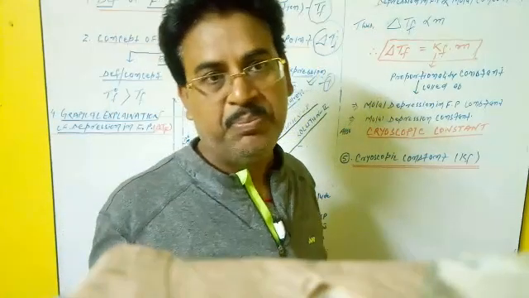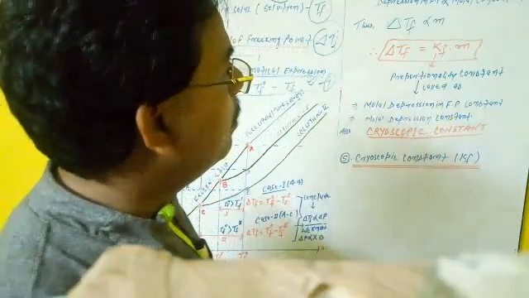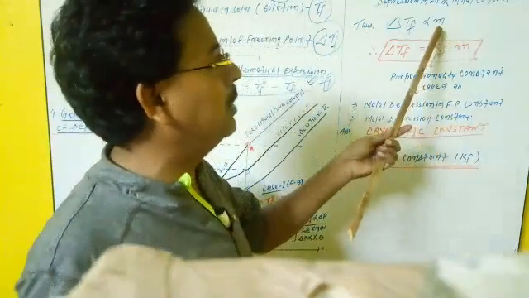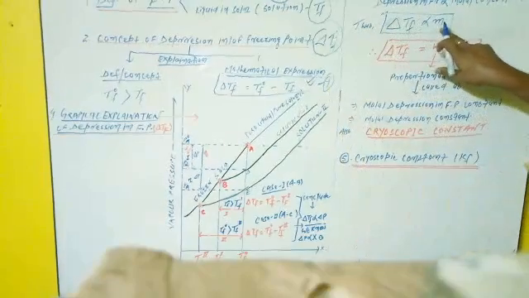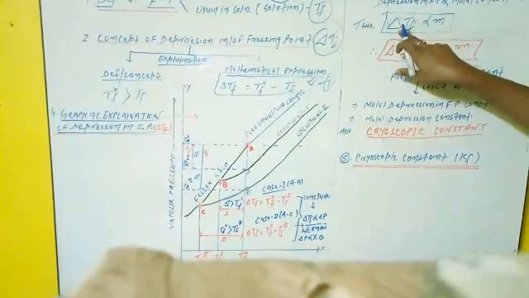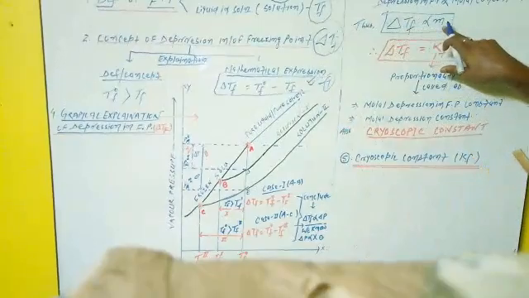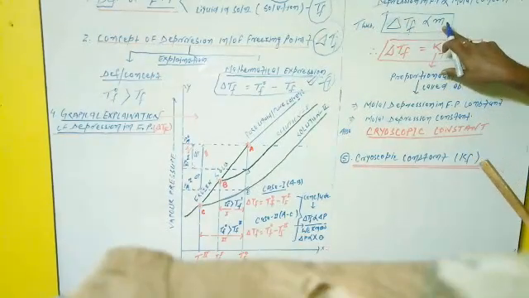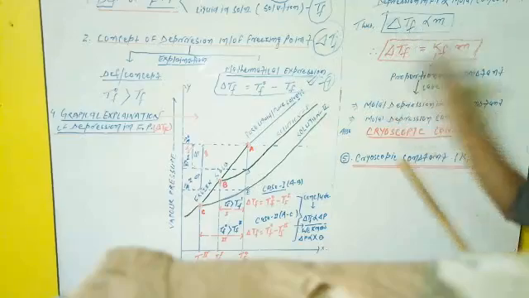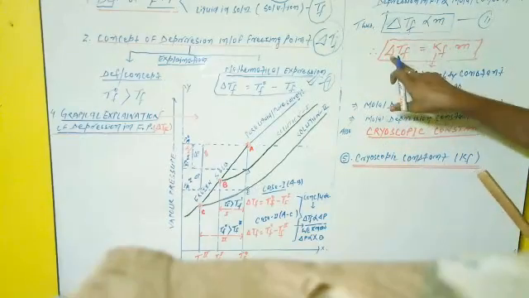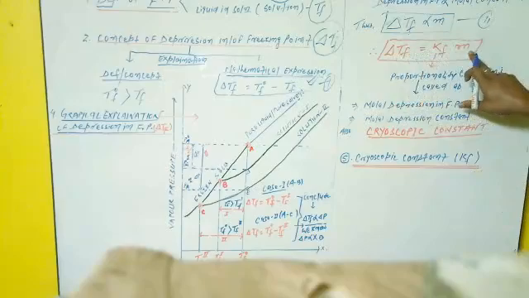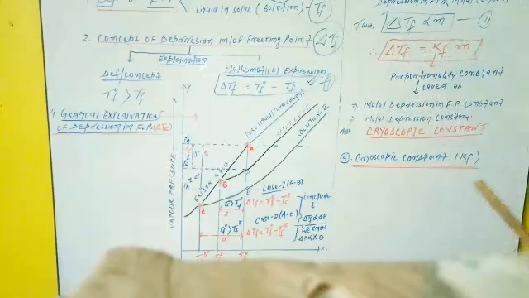On the basis of these things, if molality, that is molar concentration, is denoted by small m, this is the mathematical expression about depression in freezing point. Delta Tf is the depression in freezing point, and m means molar concentration of the solute in solution. So this is our second relation. It is also written like this: delta Tf equal to Kf into m, where Kf is actually the proportionality constant, but more commonly known by a number of names.